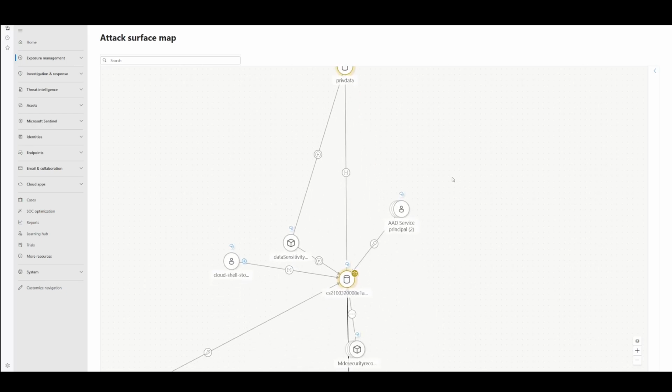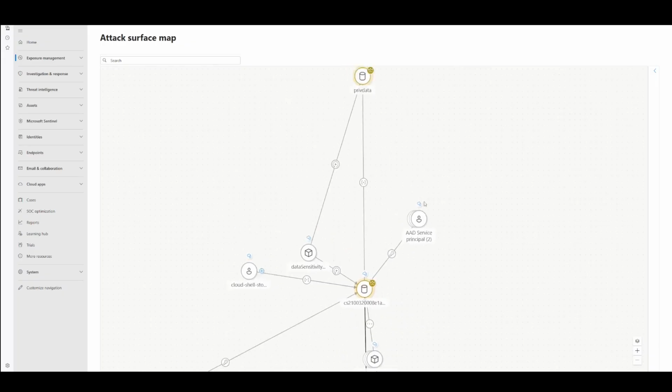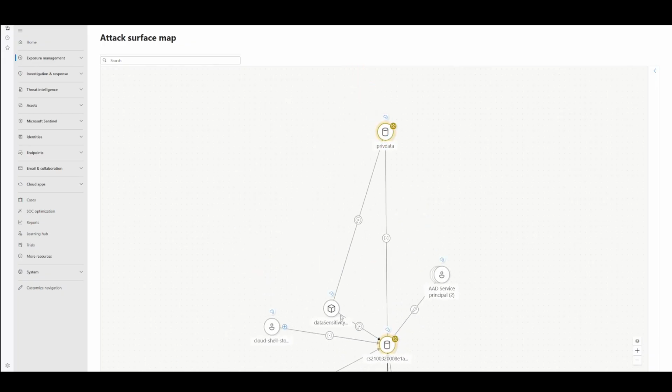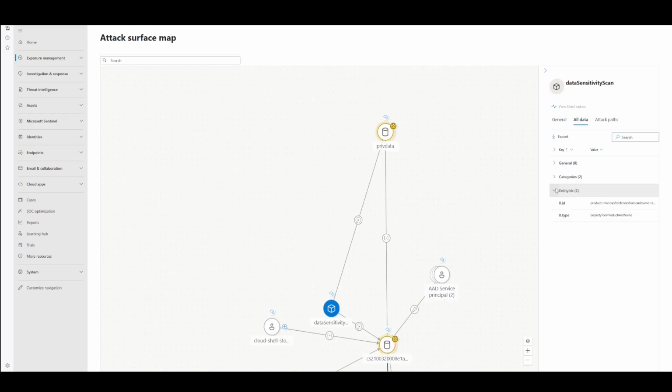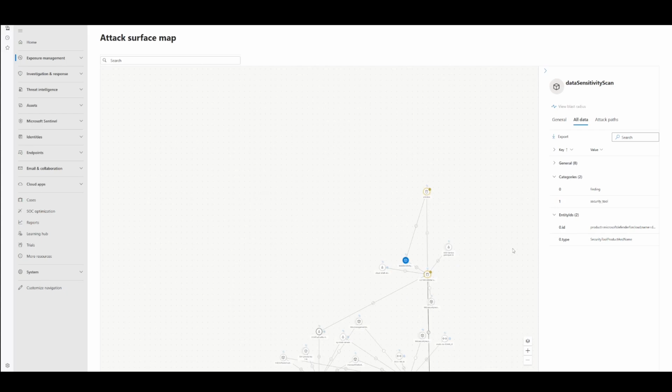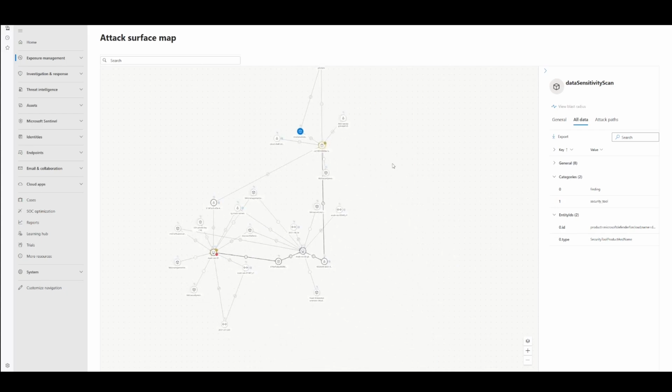And in this case, there's not really much into it, but by extending that, you also see the correlation with the data sensitivity. And if I click on the data sensitivity, I should be able to see the related information about such findings. Okay, now this is just an example of one attack path exposed through Defender for Cloud in this case,